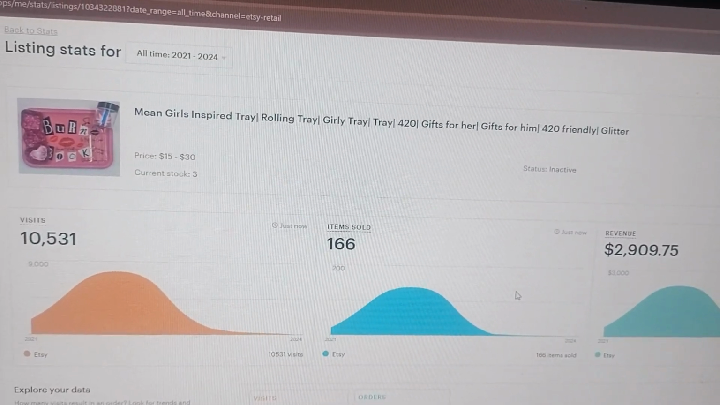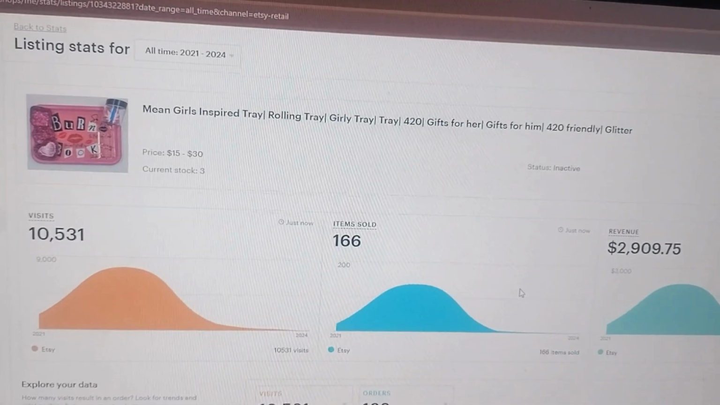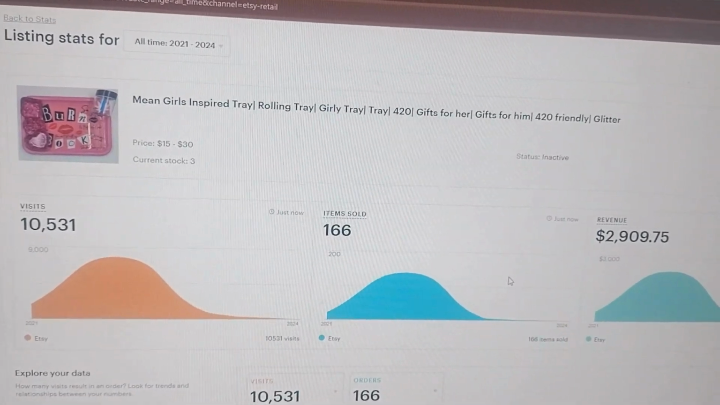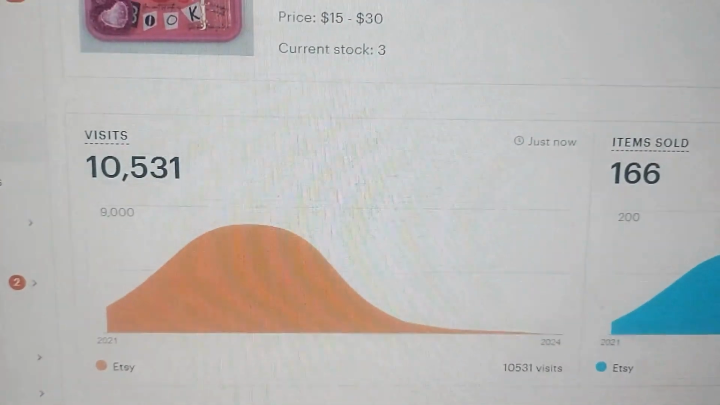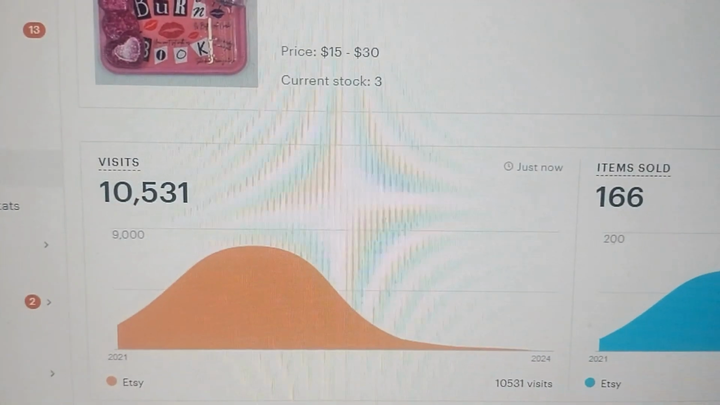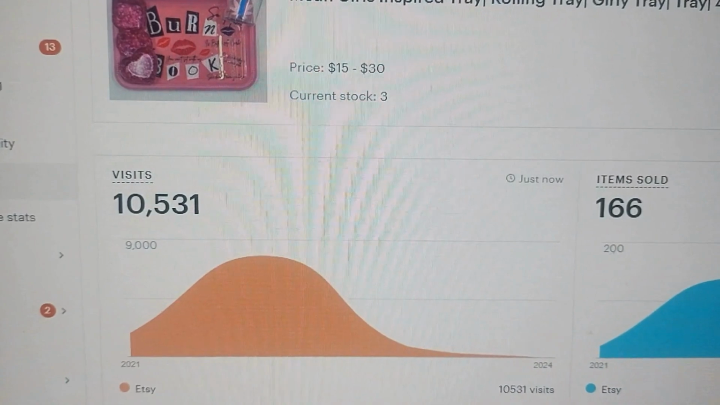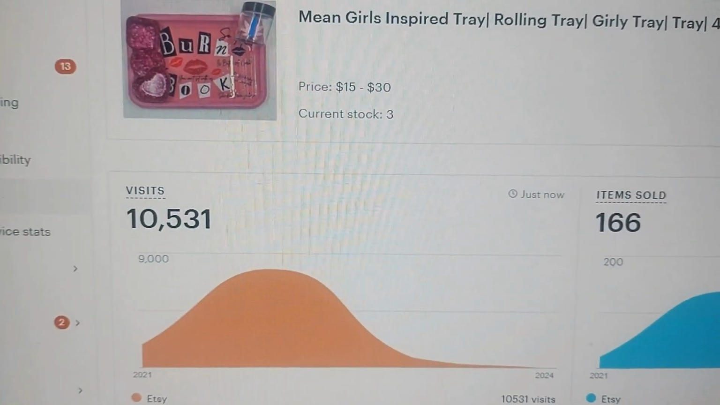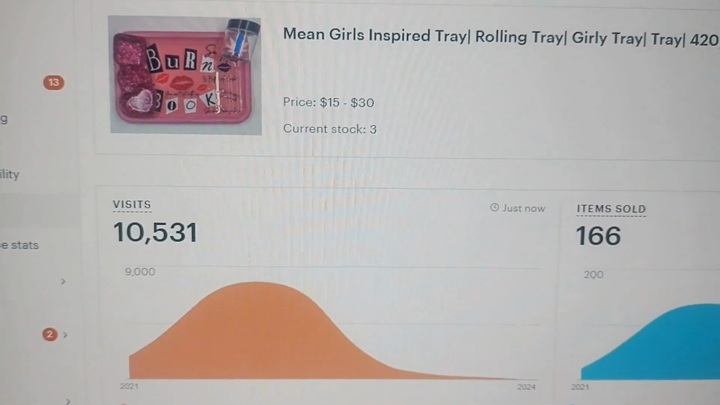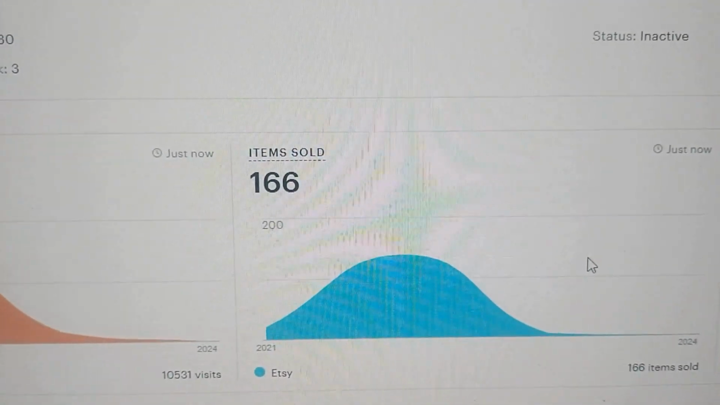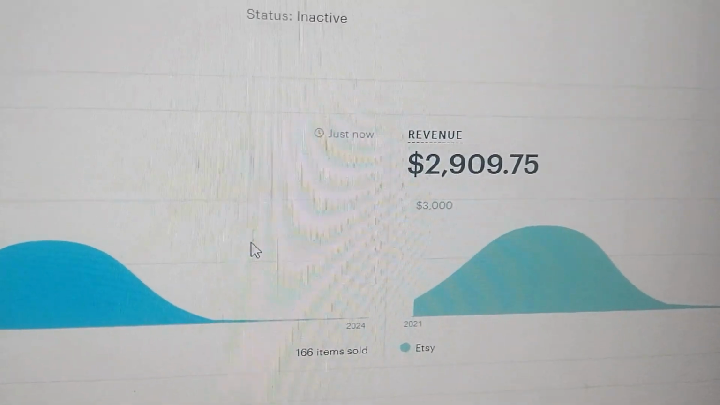So as you can see, they're listing this product this way, and it did pretty great for me as far as my earnings. The 10,000 visits are the visits that were driven to my Etsy page just based off of this listing. So 10,000 people saw this item and wanted to click on the listing to explore it a little more. I ended up selling 166 units of this item, which resulted in